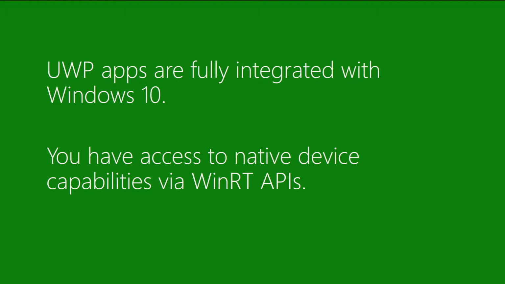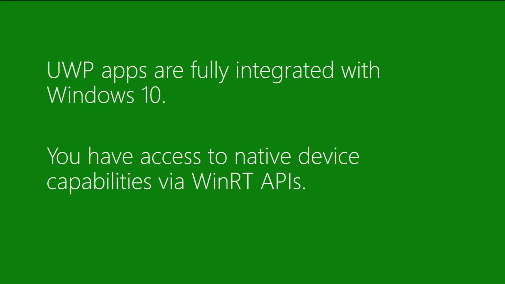Well, there are several reasons. I think the two big ones are this. One of the benefits about UWP, which you've seen in many talks, not just today, but in previous ones, is that UWP apps are fully integrated with Windows 10. You get notifications through Notification Center, and you get much better access to resource allocation, especially for the web. In the web, if you're using any storage APIs or any hardware access APIs, you're going to be limited by what the browser allows, by what your security settings restrict you to. But when you're actually a UWP app, you're no longer bound by those restrictions. So your apps can take better advantage of the resources your computer has available to it,